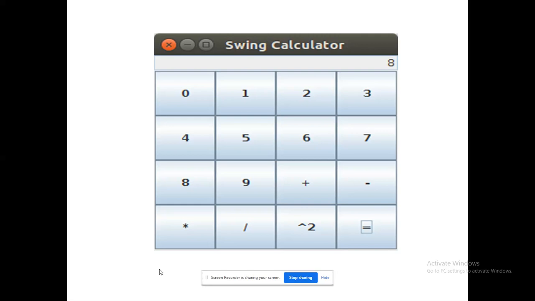It will give the result of the operation performed using the operands and operators I used before clicking the equal to operator, right? So that's the primary case: I have to use buttons, I have to use number buttons, and I have to incorporate events for the buttons. These three things are mandatory.